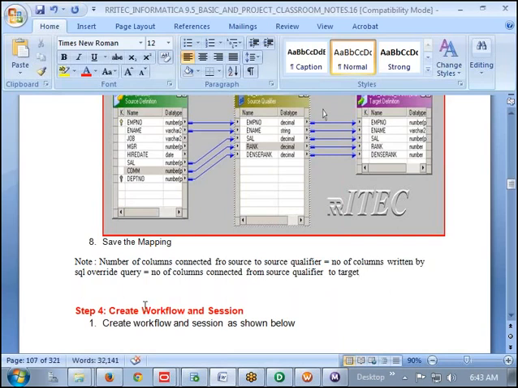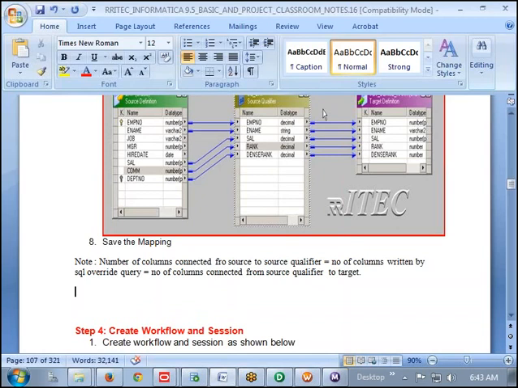One more point. What is the next point? The order of columns in the SQL query override should be the same as the order of the ports in the source qualifier.